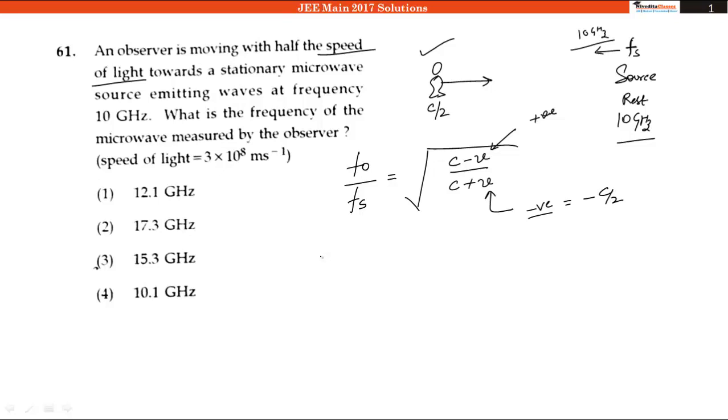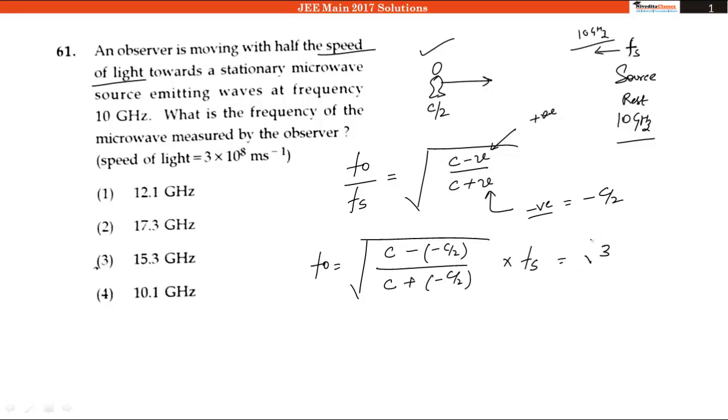So putting the values, we will get Fo is equal to the root of (C minus (minus C by 2)) divided by (C plus (minus C by 2)), multiplied by Fs. Okay, so here cancelling the C, we will have root 3 into Fs. Now putting the values, we will have 17.3 gigahertz. Thus that will be our answer to the question, which is our option number